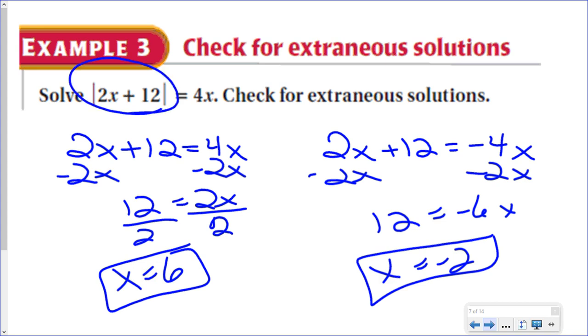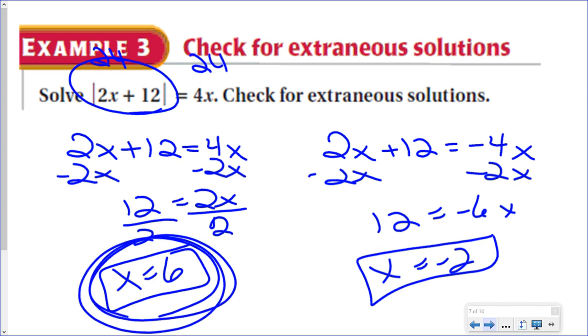6 times 2 is 12, and 12 plus 12 is 24. If you put the number 6 over here, 4 times 6 is 24. So this is a good answer. However,